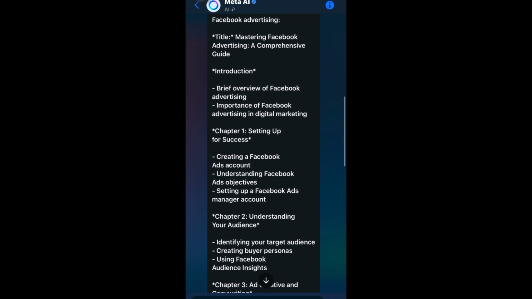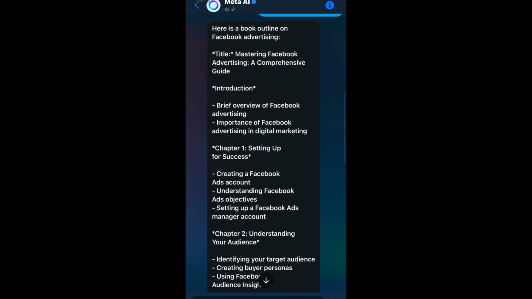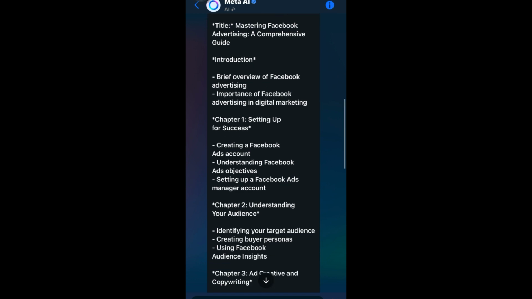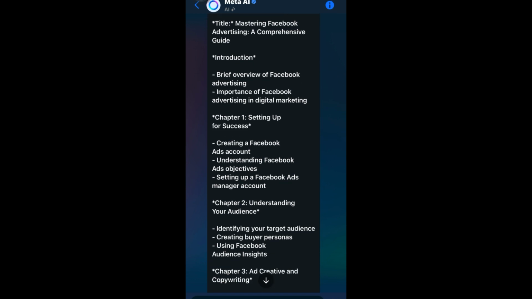Okay, you have to flesh it out, because by now I believe you already have an idea of Facebook advertising for you to want to create a book on Facebook advertising. You can use this method to create an ebook on anything. It can be cooking, it can be dressing, it can be a travel guide or whatever. Okay, now let me show you how you can flesh out chapter 1.